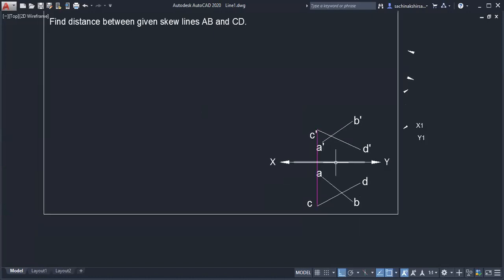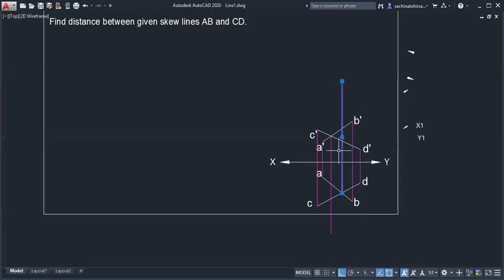So this C point, and suppose this point A, you can draw a projector. Here the point D, projector from D to D dash, likewise. Here I cannot draw a projector through the intersection point because it is not lying on a single projector. If I try to draw, it will be something like this. Are you getting? It is happening something like this.